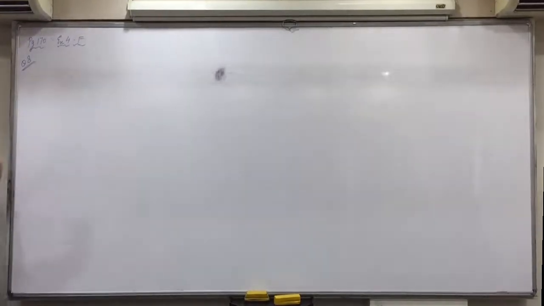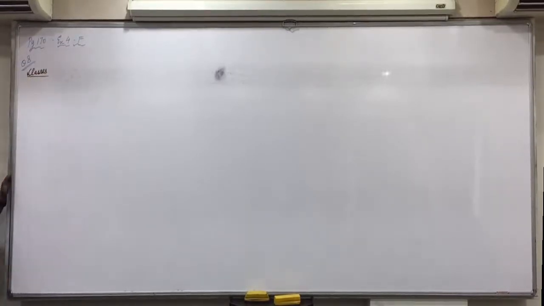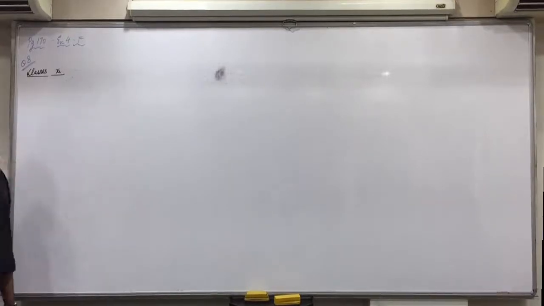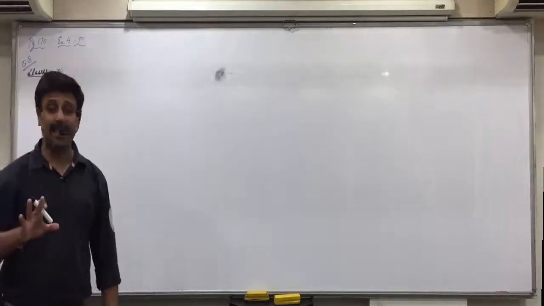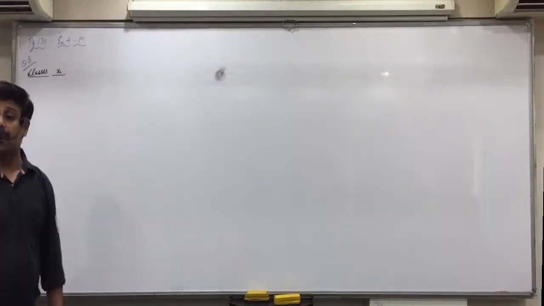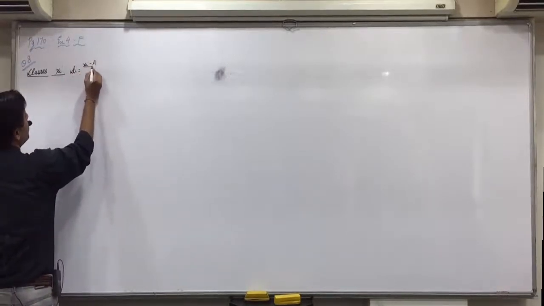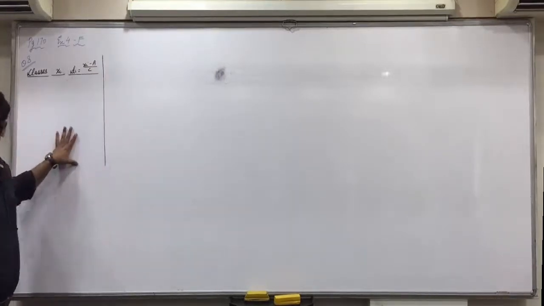Okay? See here, classes are going to remain common for both the groups. Because classes are common, mid value will also be common for both. Are the class lengths equal? 20 to 30, what is the class length? 30 to 40, 40 to 50, 50 to 60, 60 to 70. Because class lengths are equal, will we apply the direct method or short method? Short method. So DI will also remain common for both the groups. These three pieces of information will come in the beginning, which is common for both the groups.